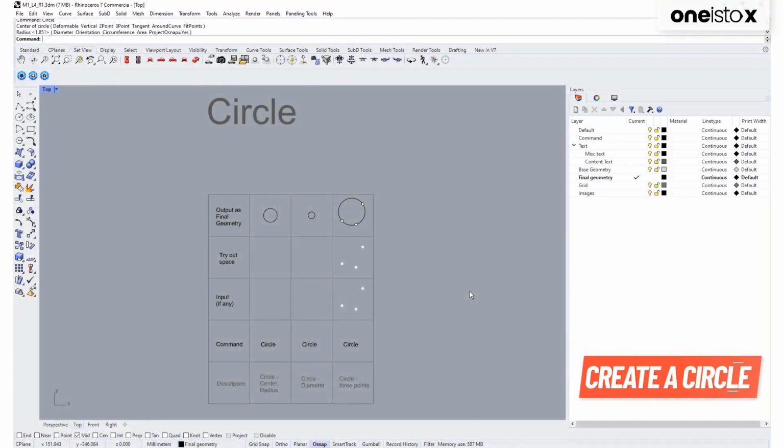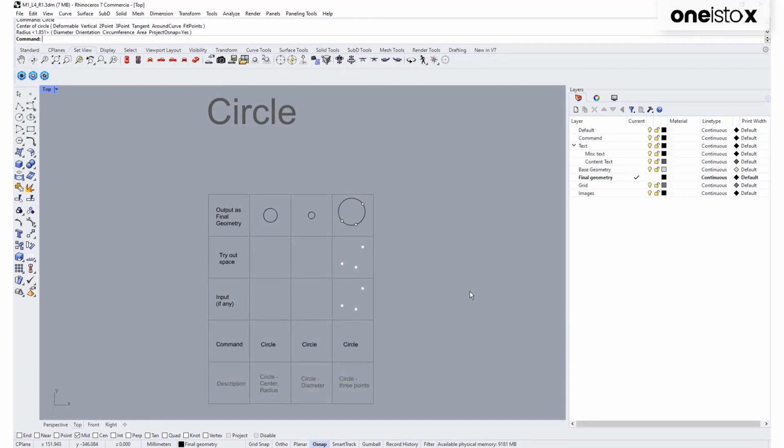Circle as a geometry seems pretty easy to create. Just give it a center point and specify a radius and it's done. But if we remember in geometry, we can create circles in different ways. Rhino provides us with flexibility to choose which type of circle we want to create. For example, from the same command circle, I can select options with the command line and create circles in different ways.